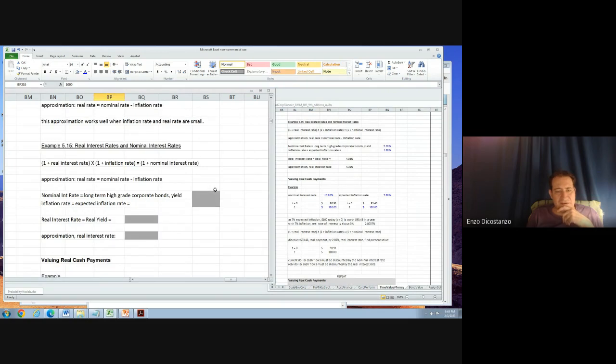So what do we have here? This is at the time a 5.71% bond. You had a 1% expected inflation, right? So the approximation is just simply the difference. And actually, do we have that as a formula? I don't think we have that. So I just subtracted them. You got 4.10. The formula is equal to 1 plus